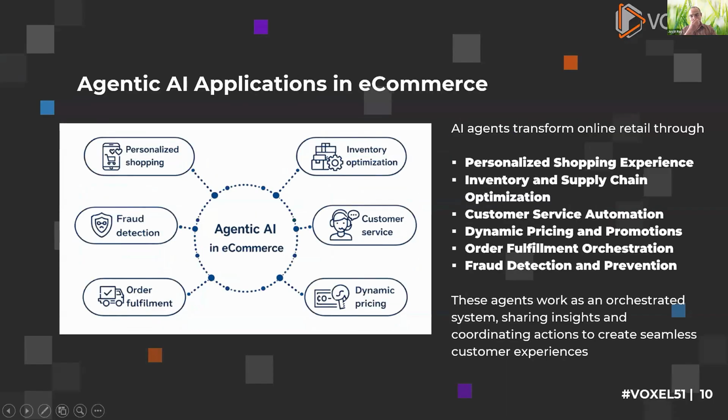We'll talk about e-commerce. So there are six areas: personalized shopping, fraud detection, order fulfillment, inventory optimization, customer service, and dynamic pricing. Let's talk about how they're implementing this. We'll take some examples. So when you're talking about personalized shopping experience, they're actually implementing an agentic AI framework at